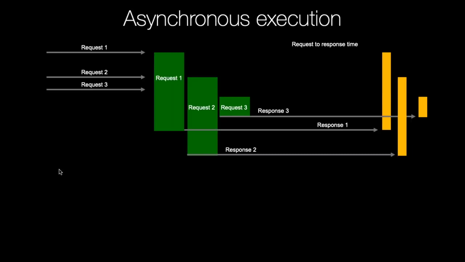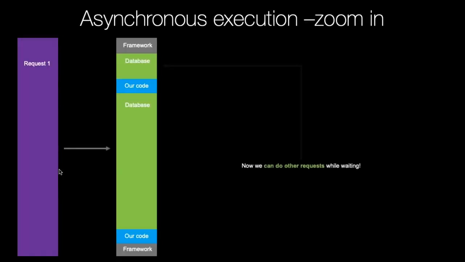So this is the ideal scalability situation. It doesn't mean we're doing anything faster, but it does mean from the user perspective, we're able to do more of it at the same time. And that's, of course, because these parts are now green and they're productive waiting. We can process request 2 in that first one and request 3 in the second one, and it's all good.